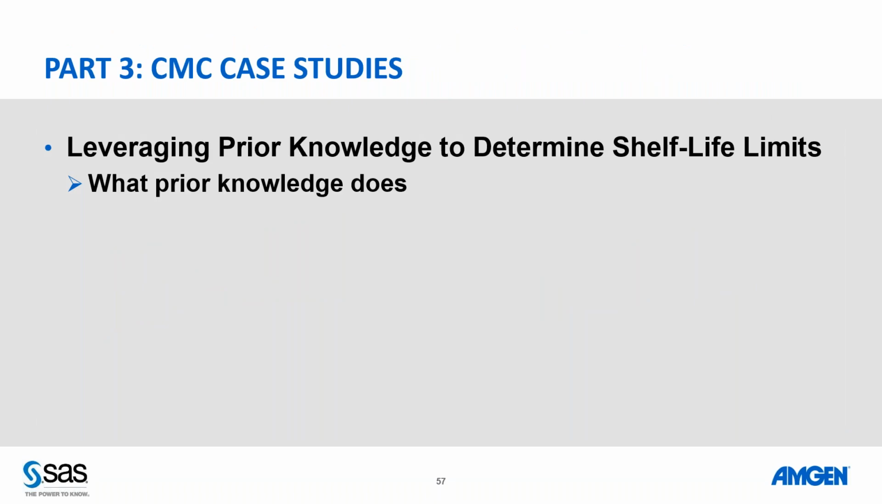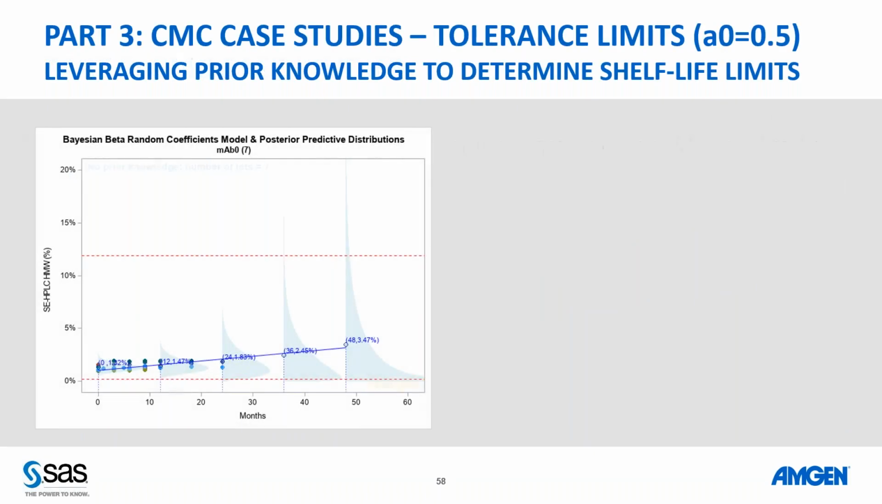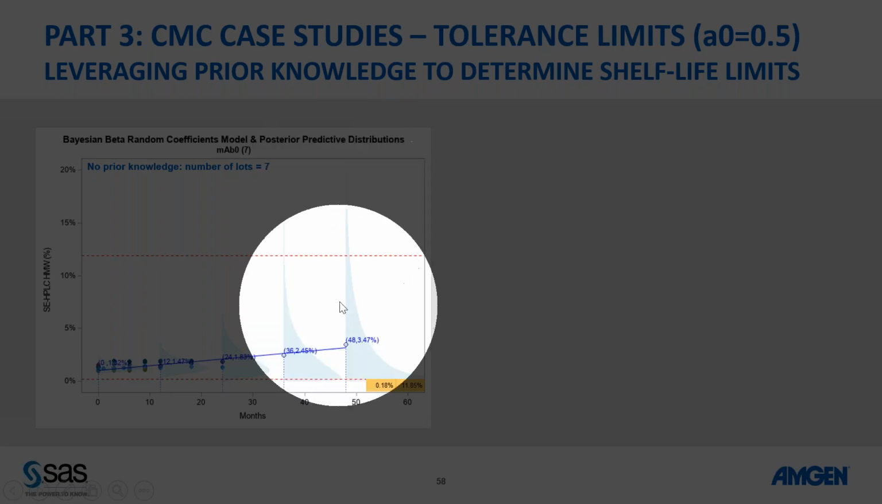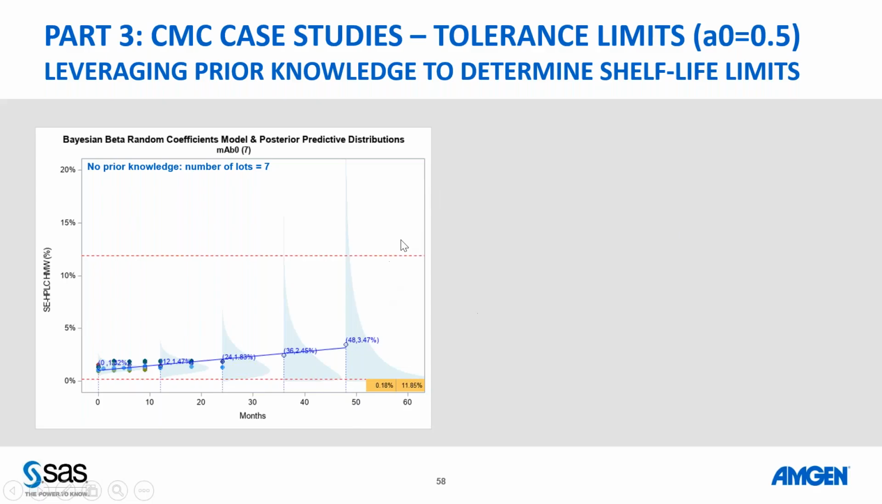Now, let's just show you what the prior knowledge does. As we saw, if you don't use any information, let's say you grab those 7 lots and you're a Bayesian and say, okay, I'm going to use some non-informative priors and do some Bayesian analysis. Then you get a limit of 0.2 to 12, 11.85%. So this distribution here is pretty long because we not only have no data here, but we only have